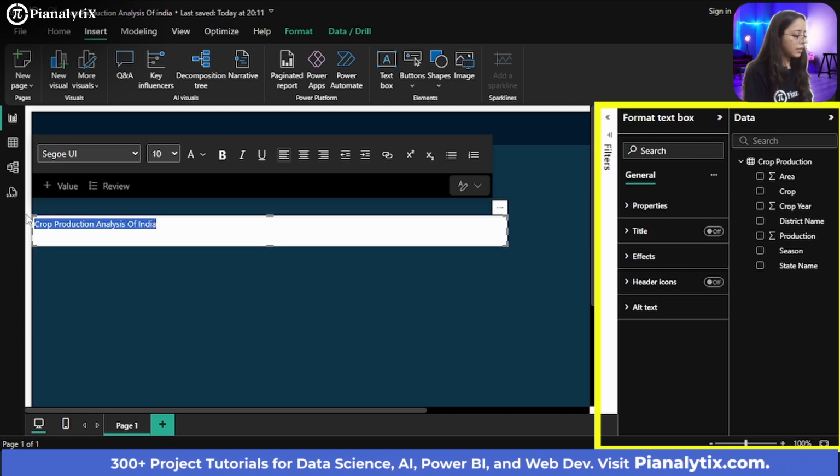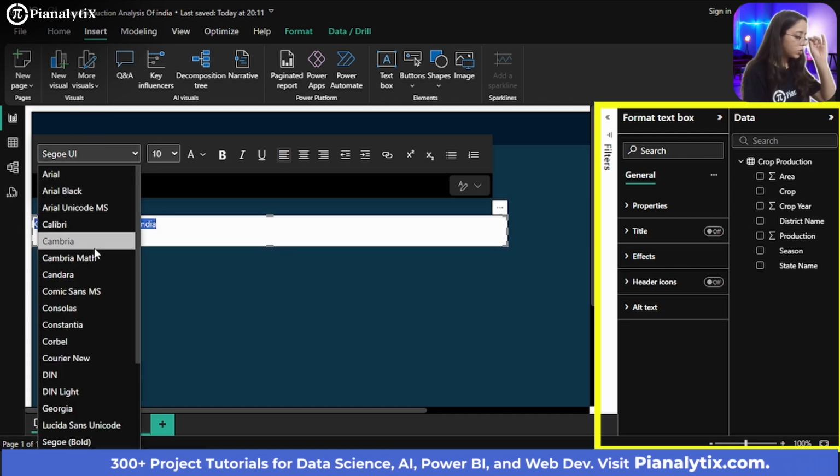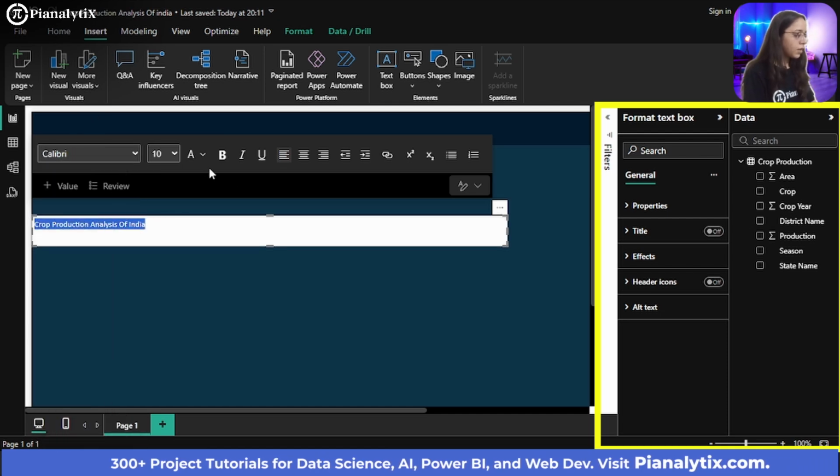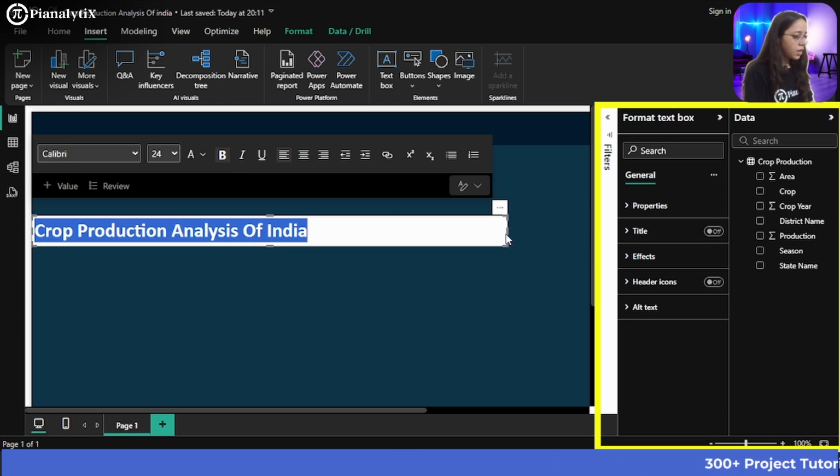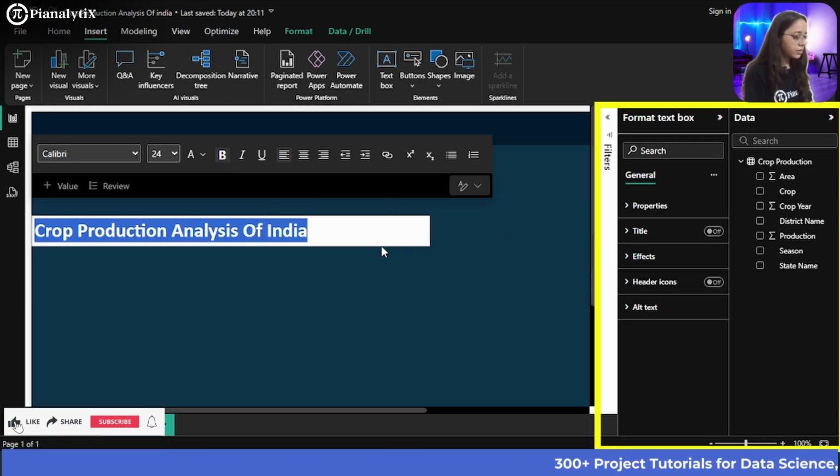I will select this and choose a font which is Calibri, and a size which is 24 precisely. I will make it bold. I will just resize this.